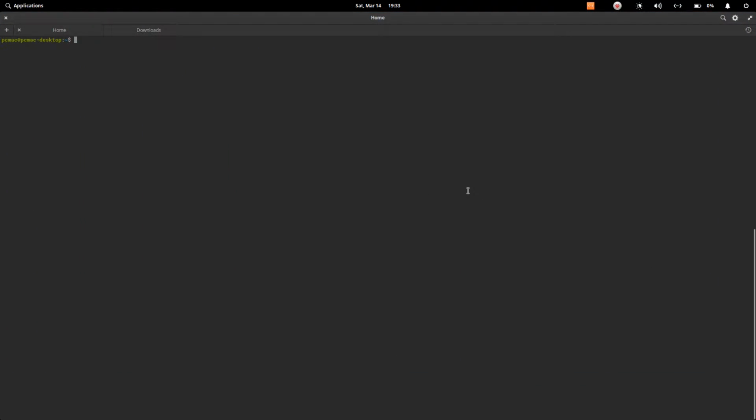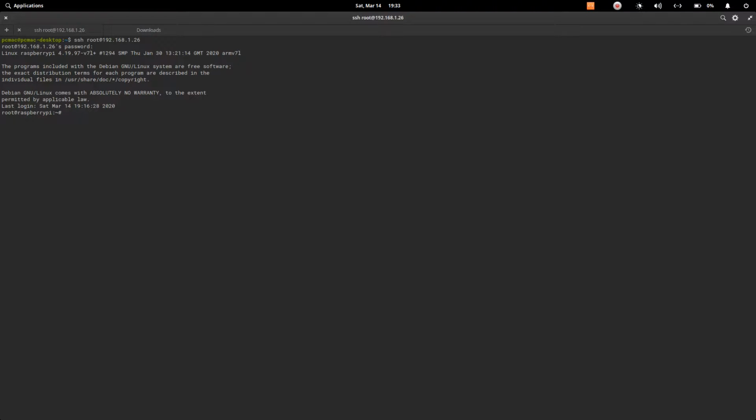So let me log in. SSH root at my OpenMediaVault address. So I'm logged in. My username is PCMac, and here are the UID and GID, that is 1001 and 100. So let's go back